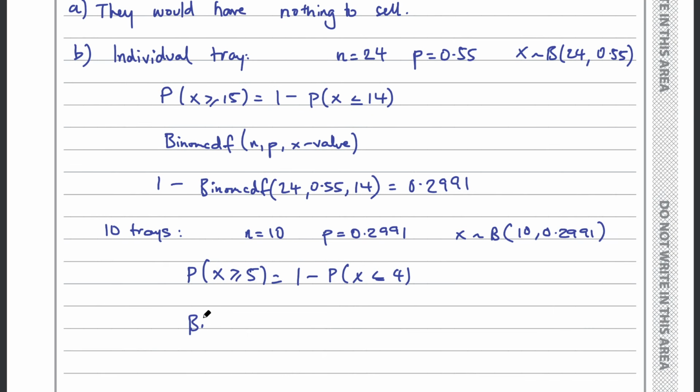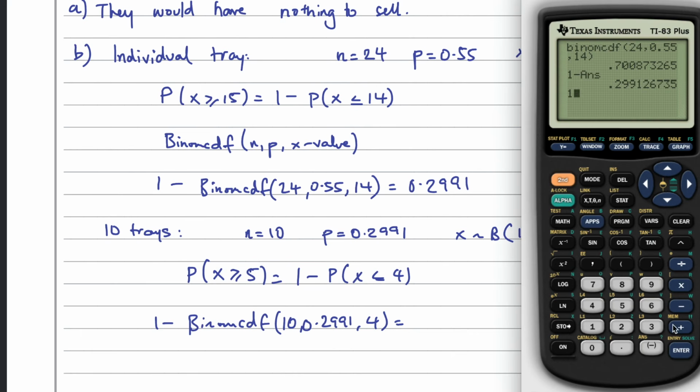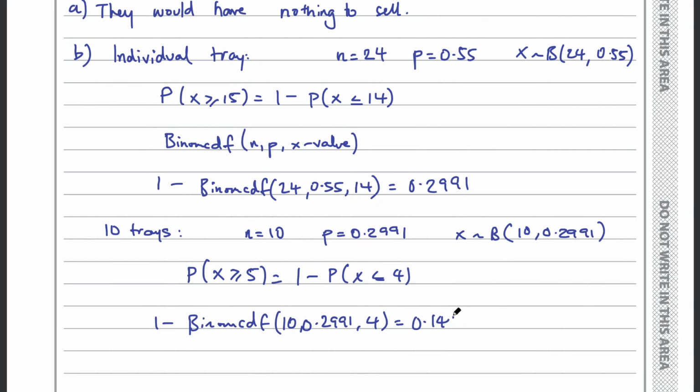So this is going to be on my calculator. The syntax will be 10, 0.2991, and 4. And if I do 1 take that, it should give me my answer. So 1 take binomial 10, and I might use the answer from my previous calculation rather than putting that in myself, and then 4, and enter. And it gives me a probability of 0.14877, which rounds off to